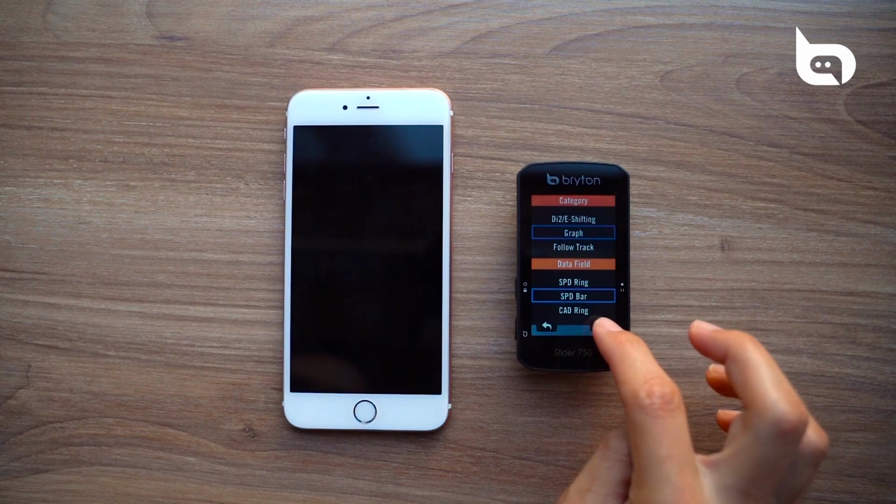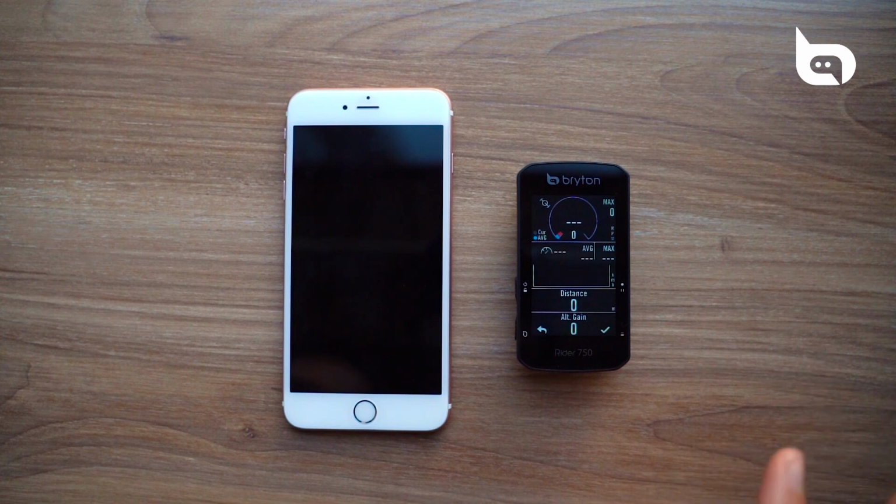So what the speed bar option will do, which is a little bit different than the ring options, is that as your ride progresses, a bar chart will appear of your ride as you go. This will give you an overview of your speed, or whichever type of data you've selected, as you progress throughout the ride. It does have additionally the option to show you the max and current speed, which is shown right above the speed bar. So once you've confirmed these changes we would like to make, we're going to press the OK button and return back to the Ride Config page.